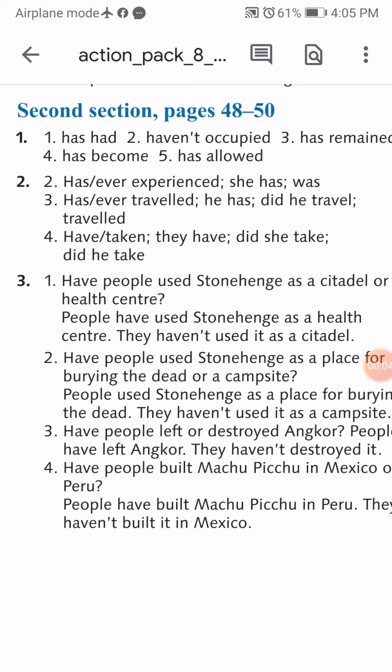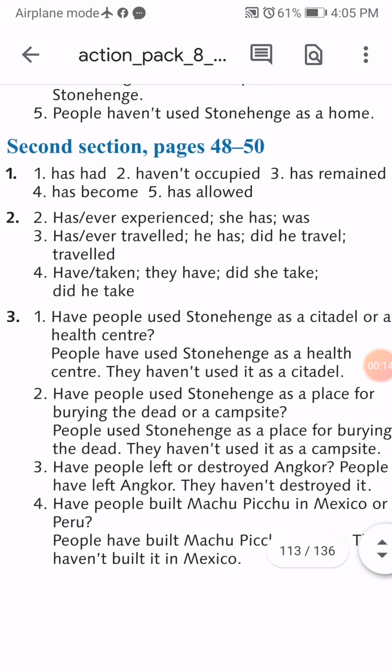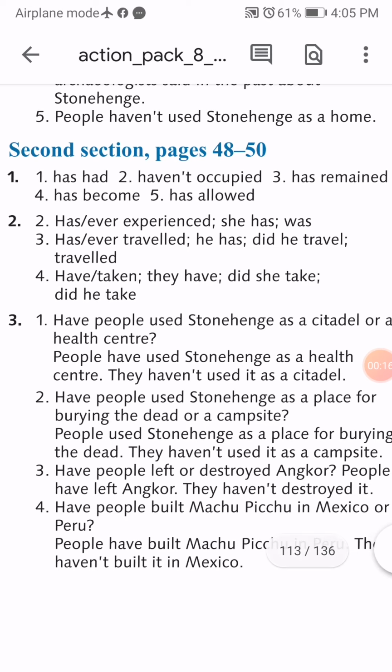Today we have to complete our second section in our activity book from page 48 till page 50. Question number 1. Follow me in your activity book, please. The present perfect simple, also here is our rule that we have discussed, and to ensure it's in our mind, please follow me. Number 1. Complete the text with the present perfect simple form of the verbs in brackets.